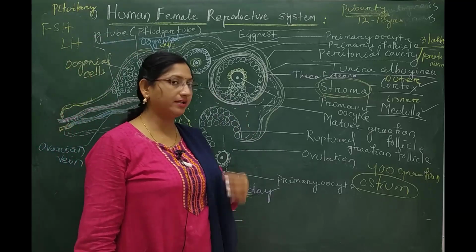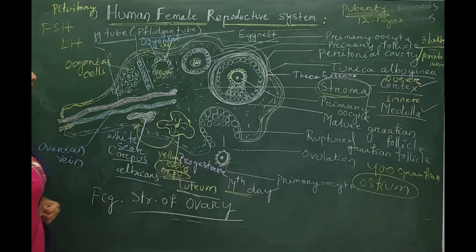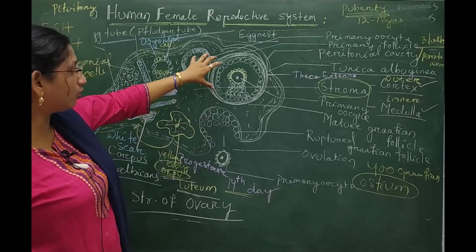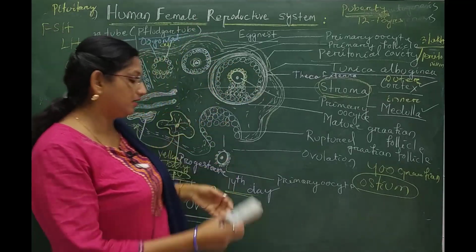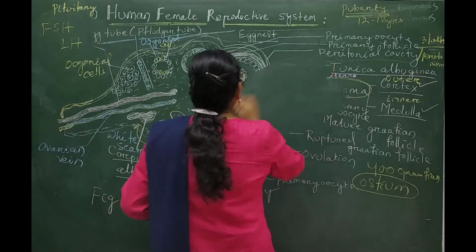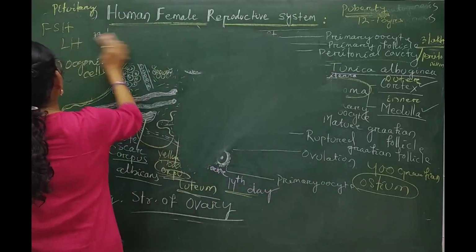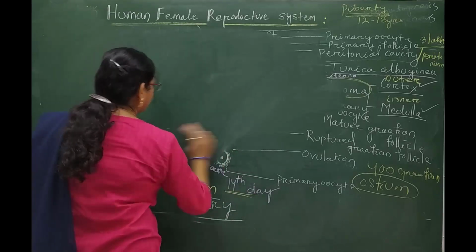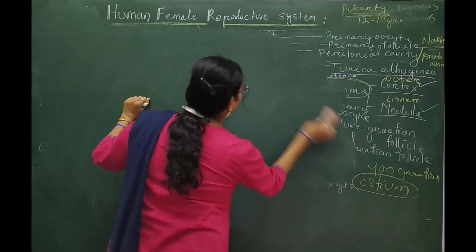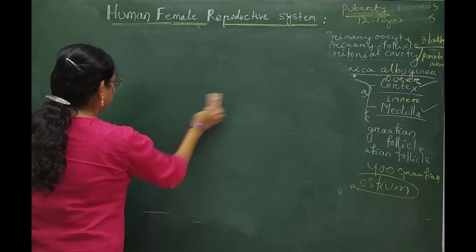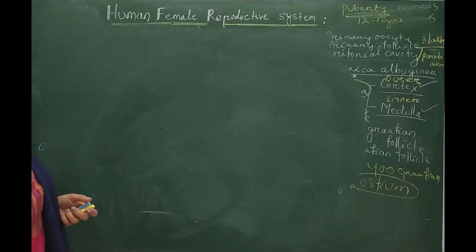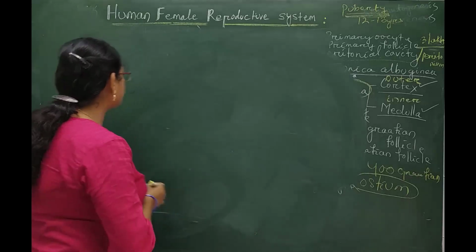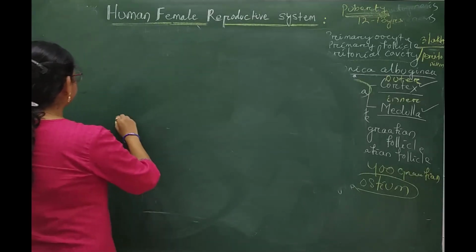Students, now come to the next topic, that is mature Graafian follicle. Here it is the ovarian structure of the female body, and if we are talking about the mature Graafian follicle, I have to draw the structure of Graafian follicle. Most of the time the Graafian follicle may be asked as a short note of 2.5 marks, or it may be of 3.5 marks.